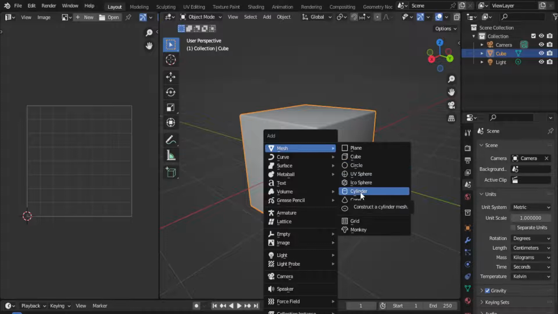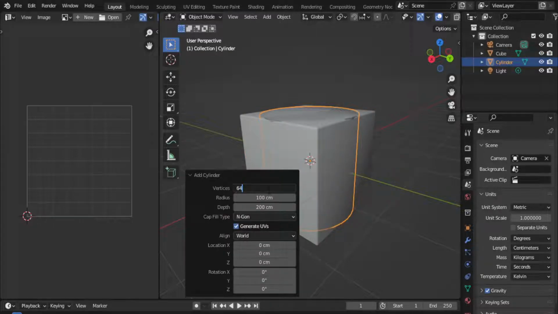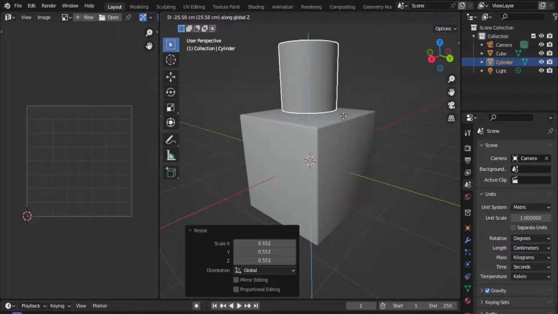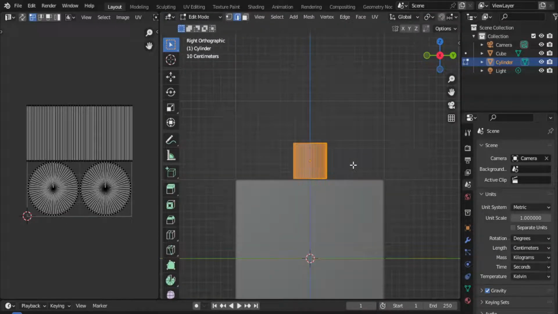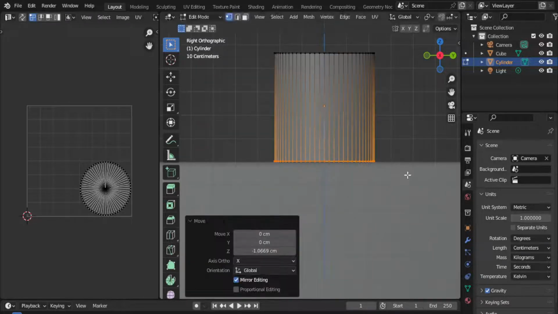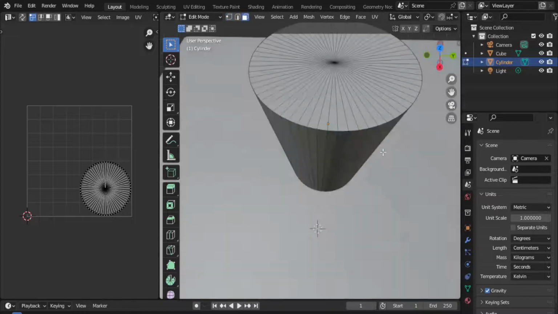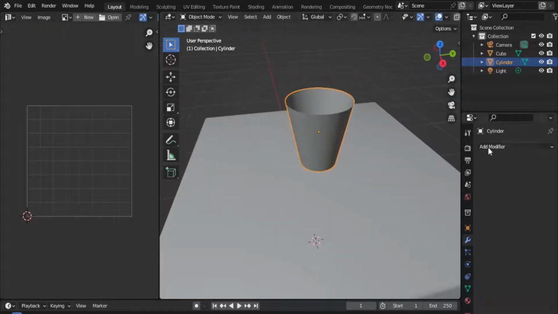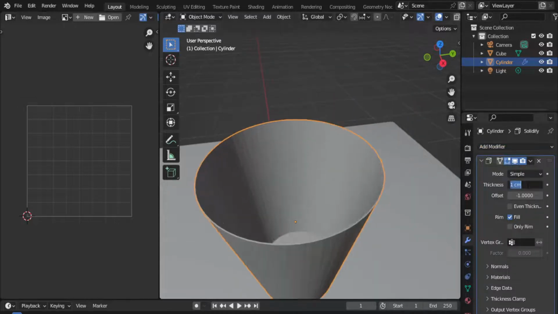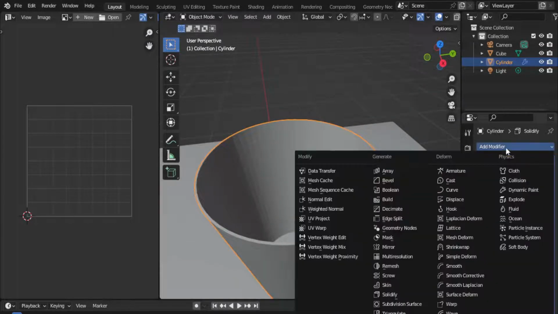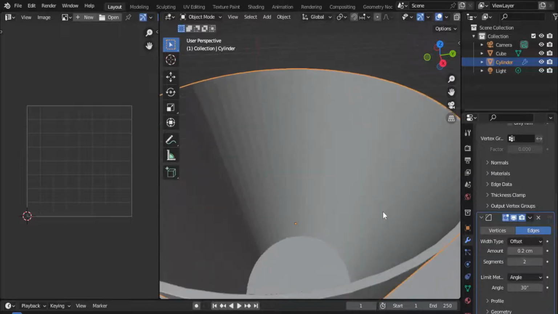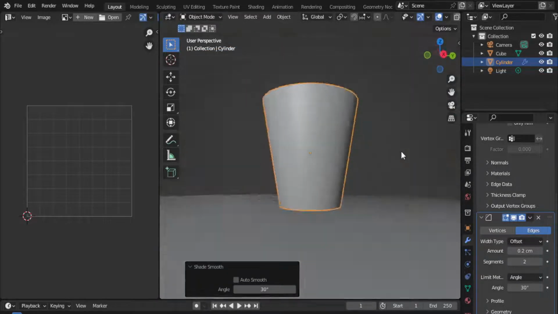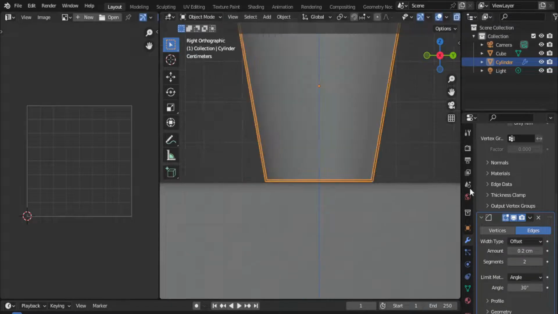take a cylinder, change the values, delete these faces, add solidify modifier and change the values, add bevel modifier, change the values, shade smooth it, apply the modifiers,